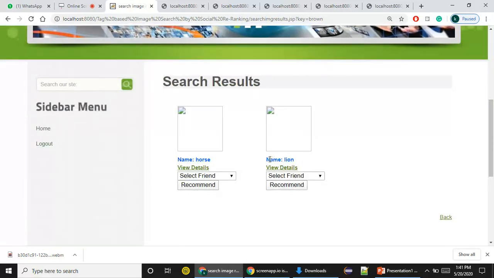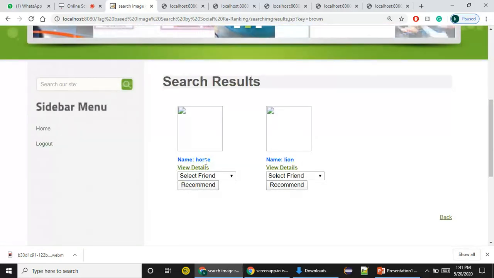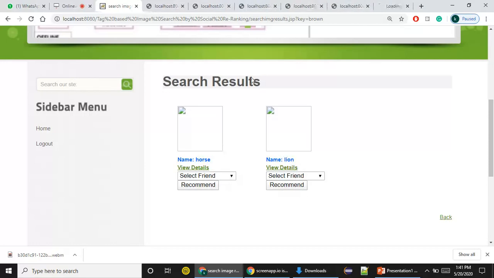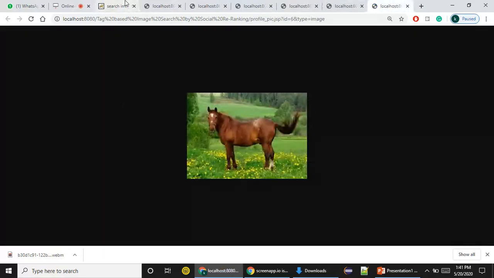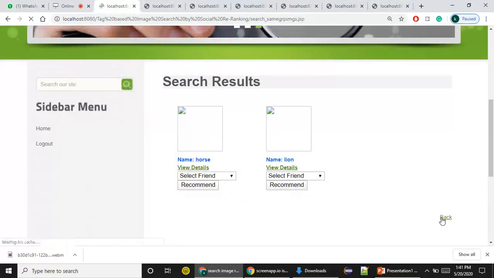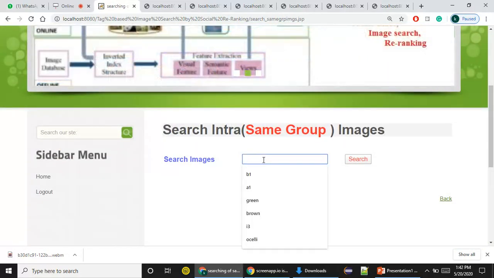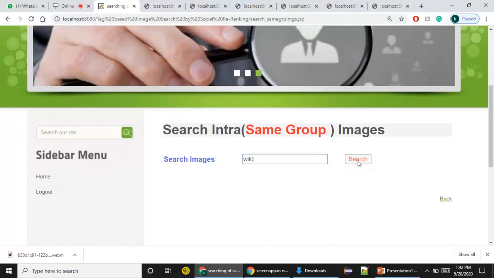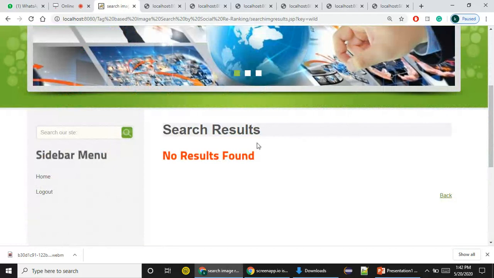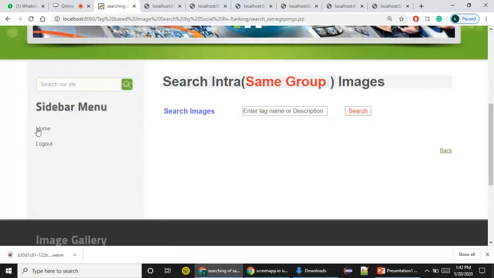So based on brown, we have two images in this group, horse and lion. You can see that brown. I think we can search based on the description of an image also. I don't know what description. Let's say wild animal. No, I think we need to see the description. I forgot that. Okay.